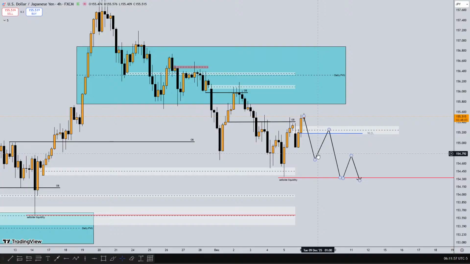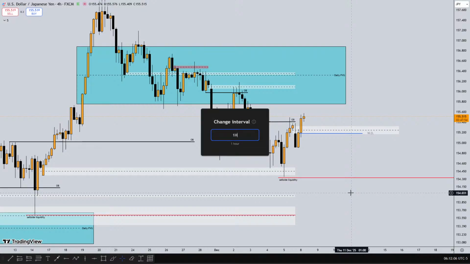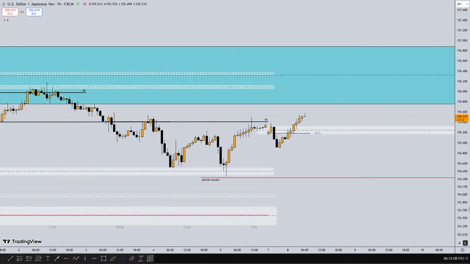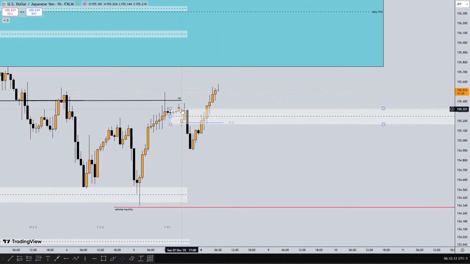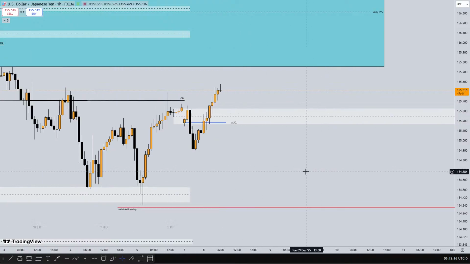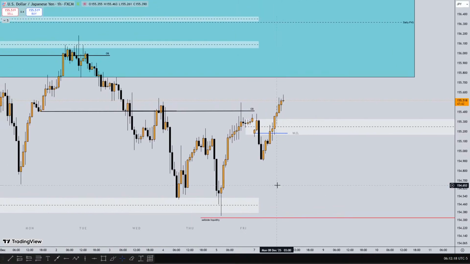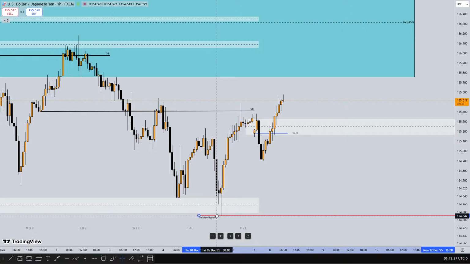We just need to see price shift structure on the 1 hour or the 4 hour. But mostly pay attention to the 1 hour. There's going to be a shift in structure. The 1 hour time frame will give you the clear shift in structure even before the 4 hour compared to the daily. So I'm anticipating lower prices, a trade through the swing low, and a complete run to run the sell side